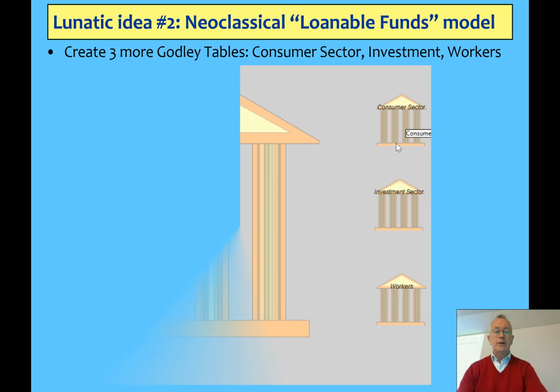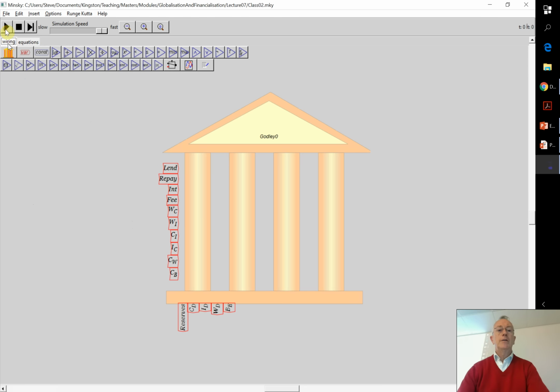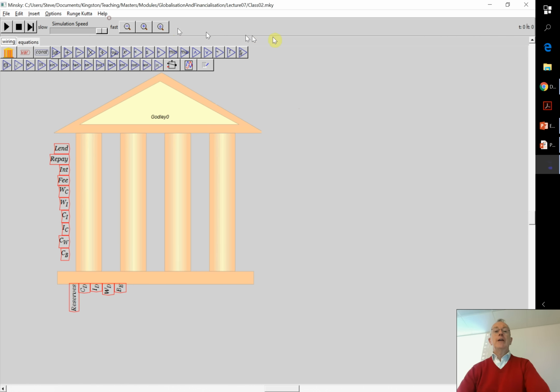Okay. Now let's actually go on from that, because this is still just seeing the system from the point of view of this single bank. Okay, but of course you can see it from the point of view of the workers, the investment sector, and the consumer sector. Notice these magnify icons here. If you click on the 0, that resets the origin of wherever you are to putting the edge of whatever object is in the top left at the 0, 0 position in the canvas. So that moves that lot over there.